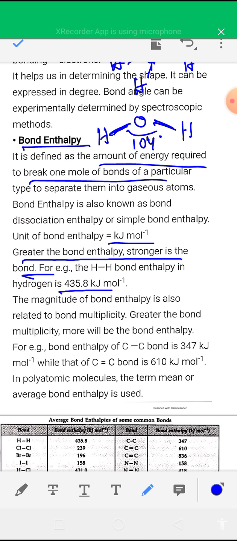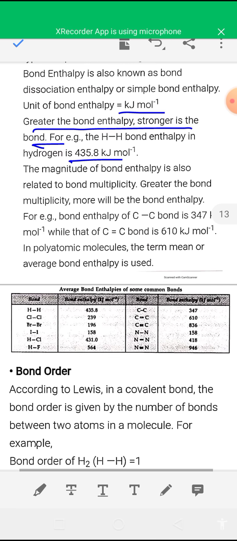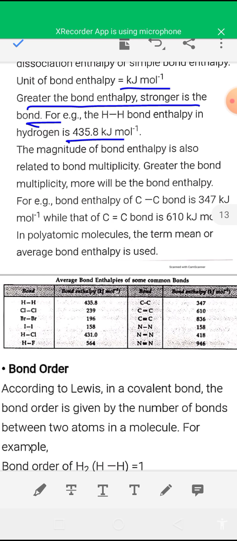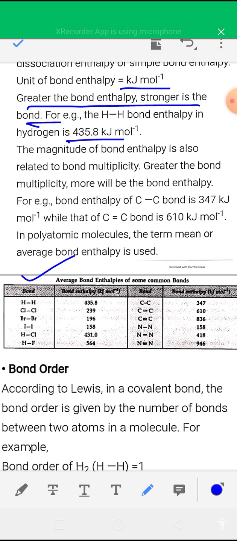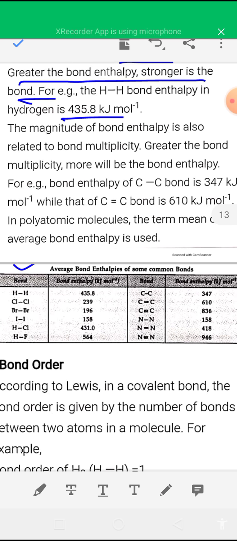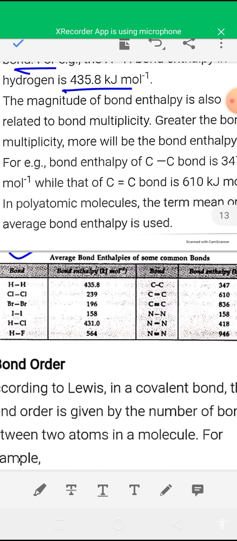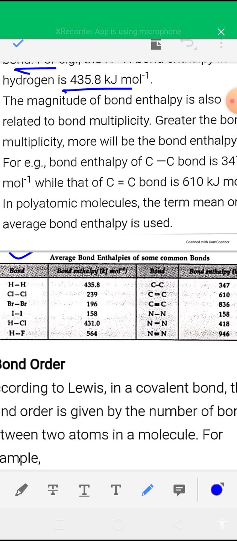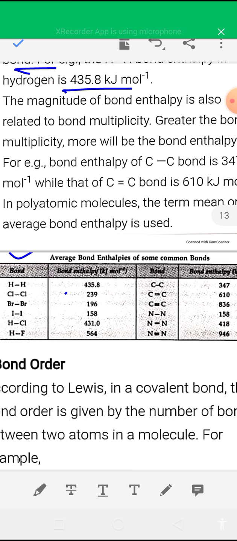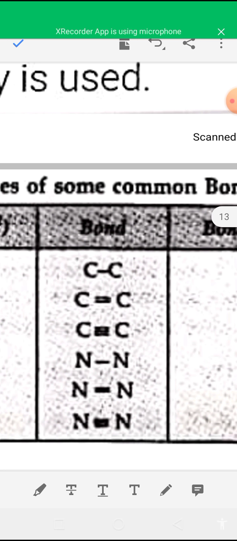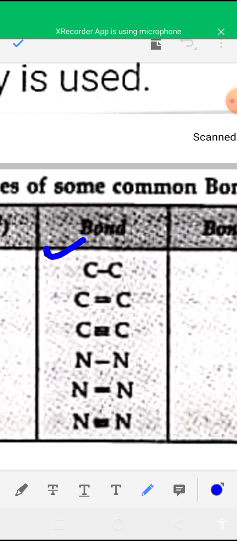435.8 kilojoule per mole. Bond dissociation energy of some bonds is given here. Hydrogen bond dissociation energy is 435.8. Chlorine single bond dissociation energy is 239 kilojoule per mole. These values are not required. Okay, so see this. Remember that the bond dissociation energy of carbon single